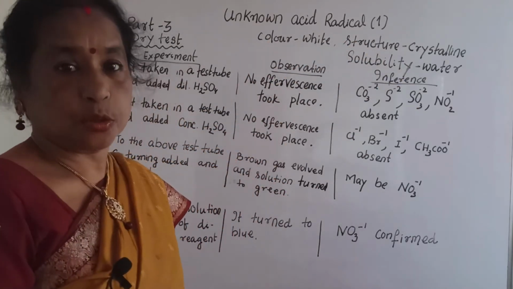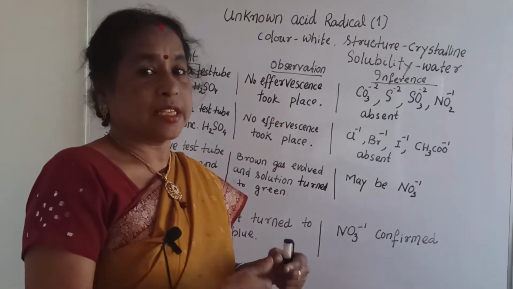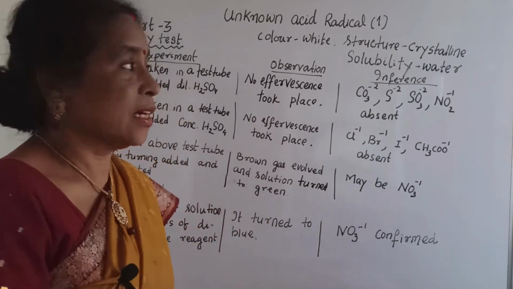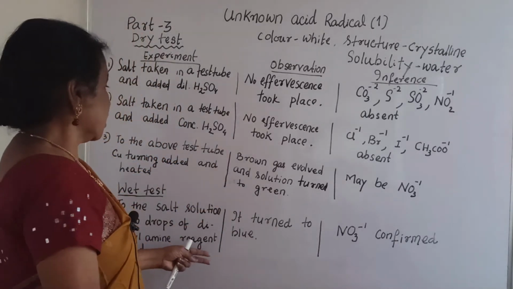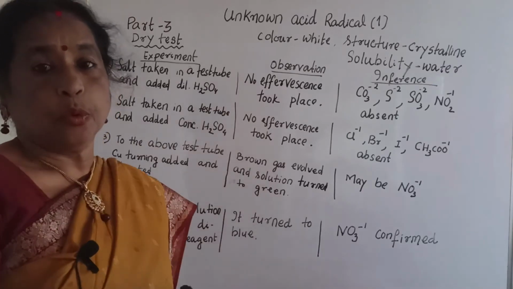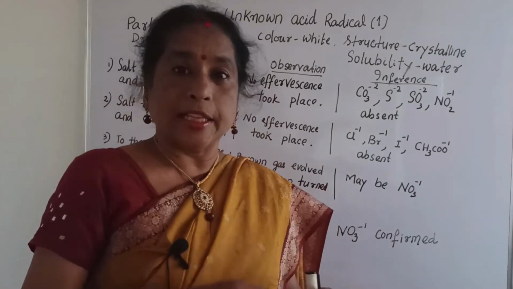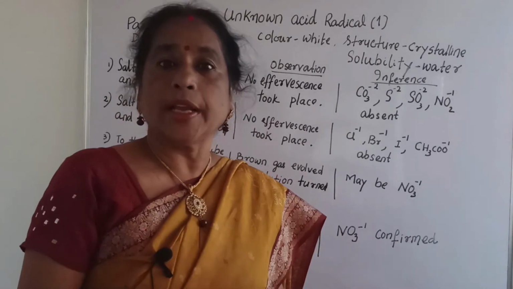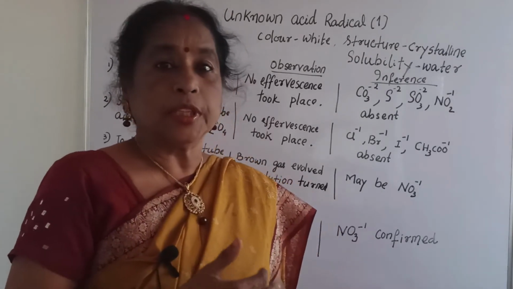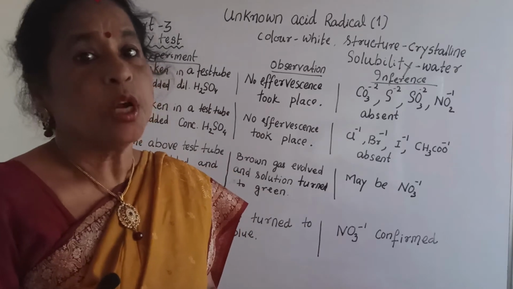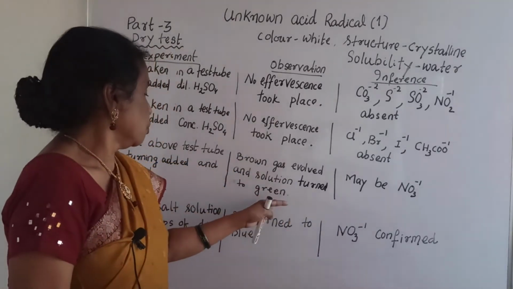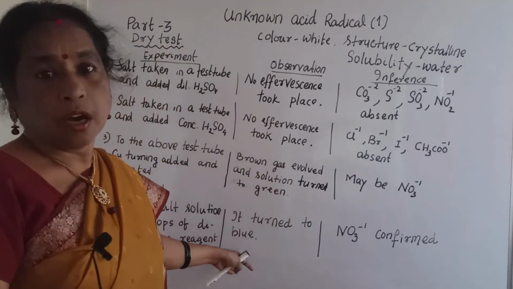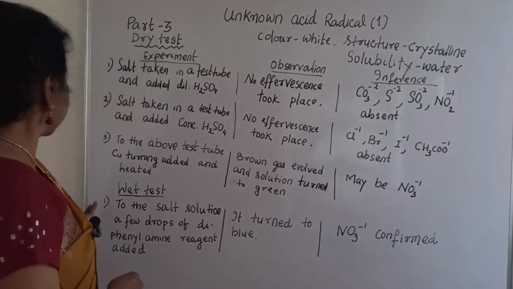The other test is also there. You will do the confirm test of the second one, and after that you will write the possible reaction here. How can you know the reaction procedure? And the color is just like here, turns green, turns blue. Then why? The question is why. When you know the reaction only then it is possible to know why it turns green here and blue there. You will proceed to the second test.